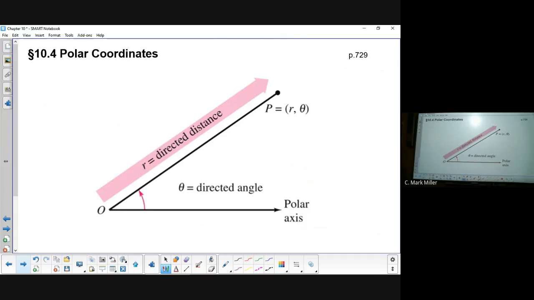Polar coordinates. Have you ever had polar coordinates? They sound familiar. Okay. These are taught in most trig classes. The problem is that no one's had a trig class. Trig is like a unit in some pre-calc class, and a lot of times they don't get to this. Well, I should put a slide before this. Why should I put a slide before this? Because